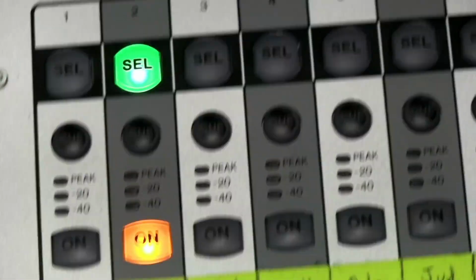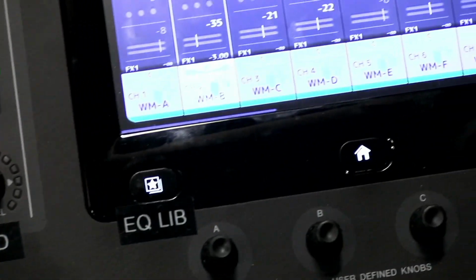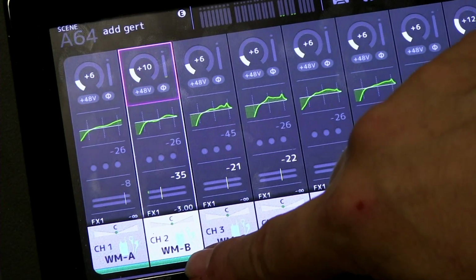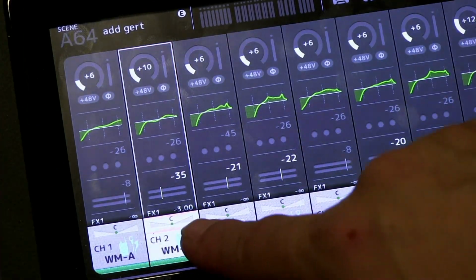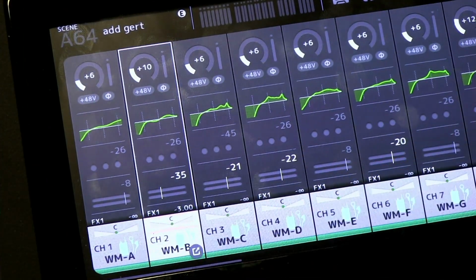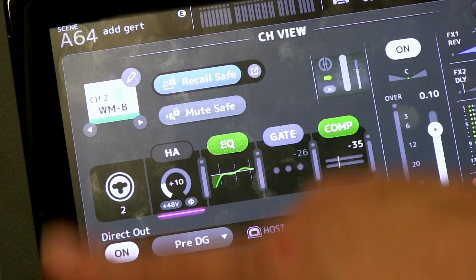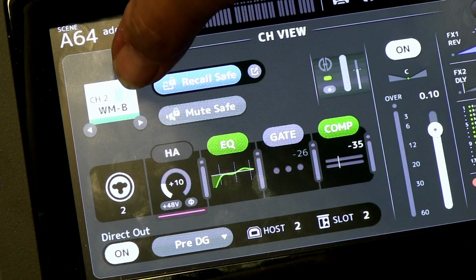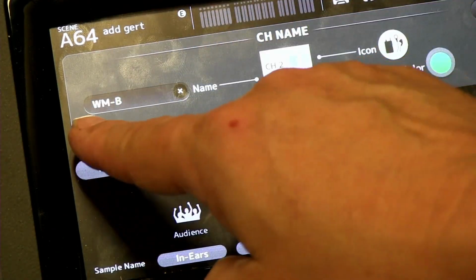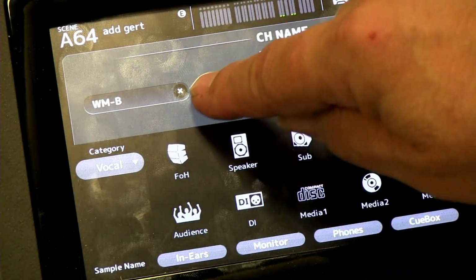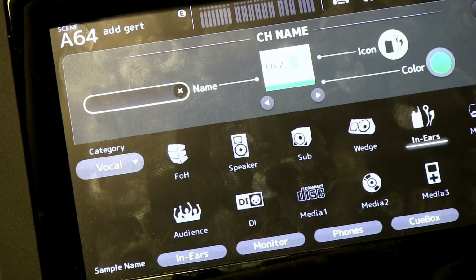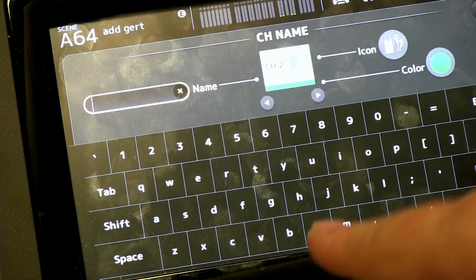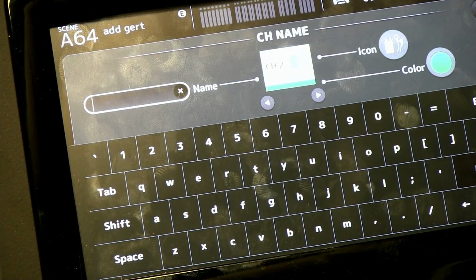So let's pan up. We're going to go into the touch screen, and I'm going to touch right here on WMB. It gets highlighted in pink, and then we touch it again, and now we have this control panel. So I want to go to this edit. Looks like a little pencil. I touch on it, and so here it is, WMB, and I'm going to click the X. It deletes it. Now I'm going to touch it again, and now we have a touchscreen keyboard, a virtual keyboard,